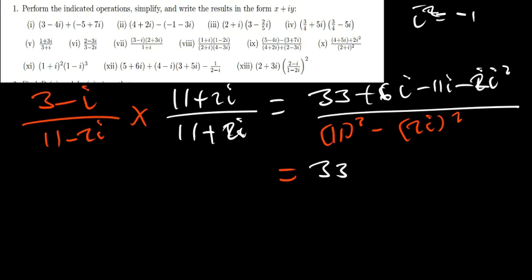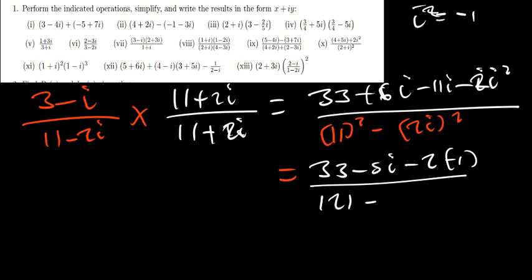33, then 6i minus 11, that should be negative what? That is negative 5. So I'll have negative 5i, then this is negative 2, but i is squared, so I'll replace i squared with negative 1. The bottom part, 11 times 11 is 121. Then here I have got 4 i squared, which is replaced with negative 1, so this part is the same as plus. So I'll have 33 plus 2, which is 35,